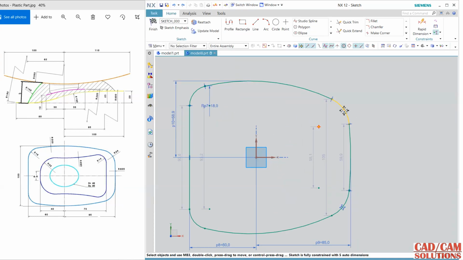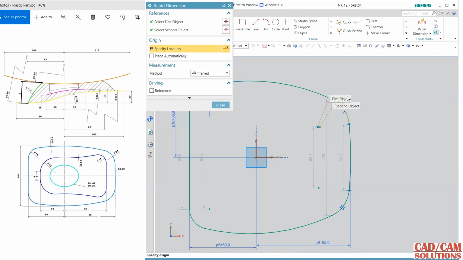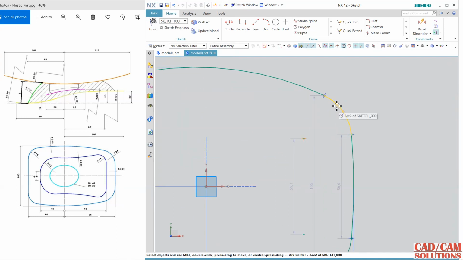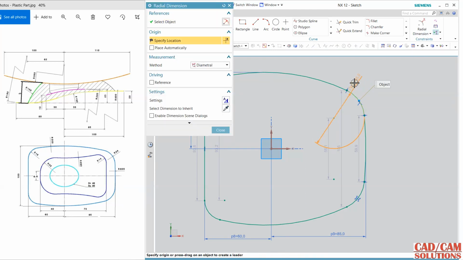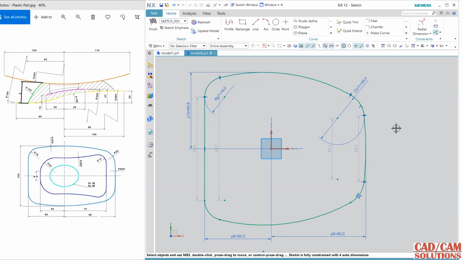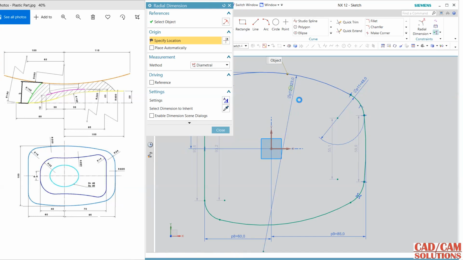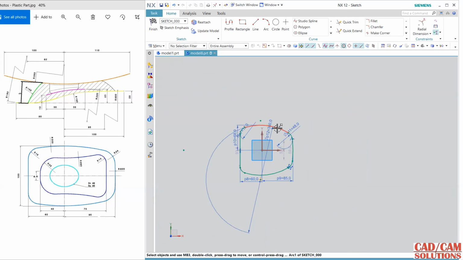Undo. First I'm going to define this radius. Radius, and it is selecting the diameter. Note 24, so 48 will be the diameter, right? And here radius for this is 200 radius, right? And this center point and this vertical axis, make them constant,